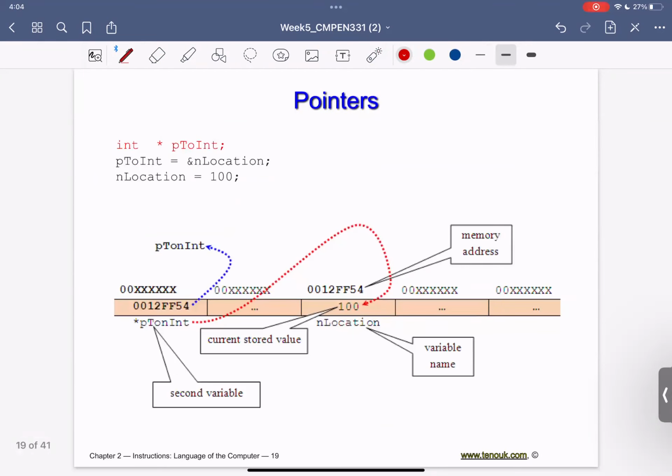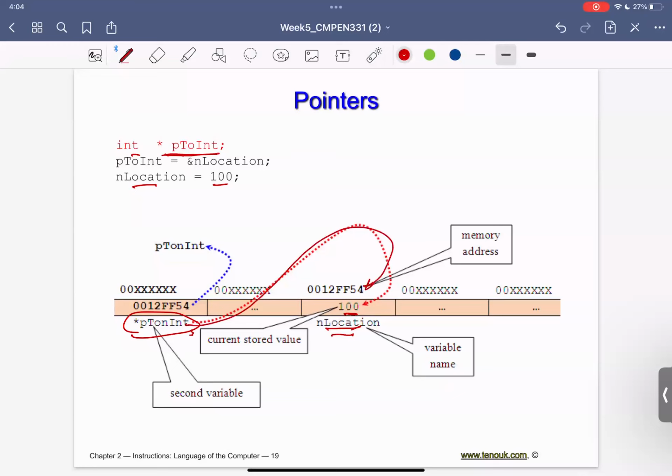Let's take also another example. I have a variable n location, and inside n location I have 100. So n location is equal to 100. I will define a pointer here: integer, and then the pointer to n integer. I am pointing to a certain integer, which I know I would like to point to.